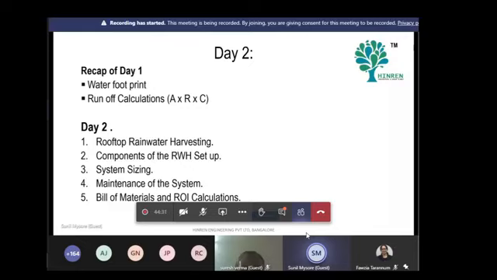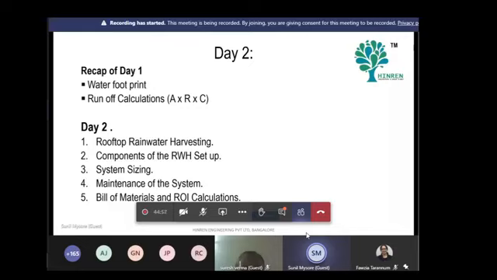I'm going to touch very basically on maintenance of the system. As we go on, we will try to discuss what can technically go wrong in these kinds of systems. Definitely there will be more questions and I'm open to any kind of discussion, because this is in no way elaborate or extensive. Let us try to learn together. And from my experience, I will cover whatever it takes to put together a bill of materials.